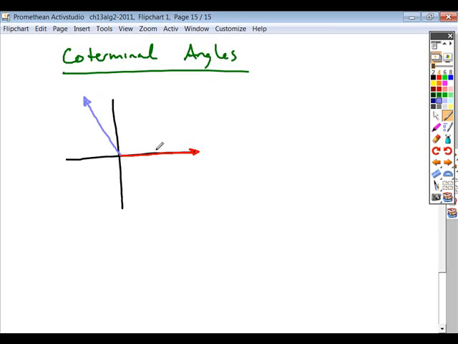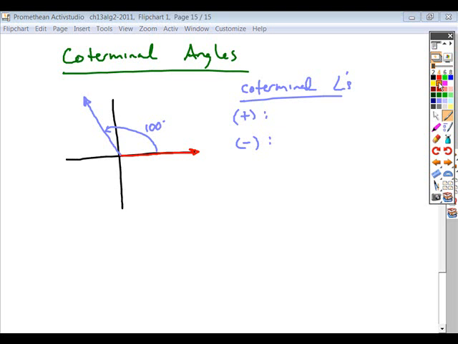Okay, so if we took this angle right here and said this was 100 degrees, and we wanted to find two coterminal angles, one positive and one negative. What would be a positive coterminal angle with this? Remember, it's going to rotate all the way through and then continue all the way to the same end. So this rotation is 360 plus another 100, so you get a total of